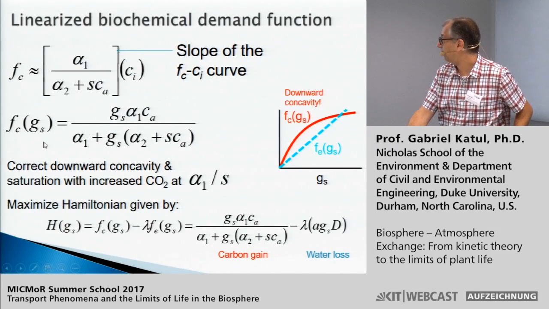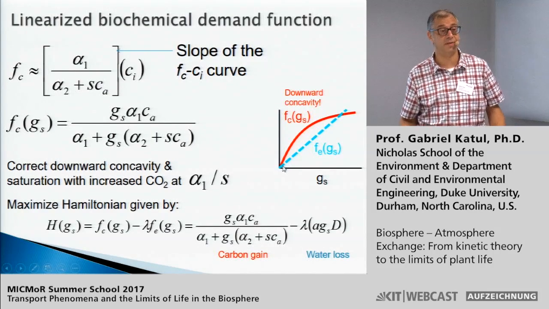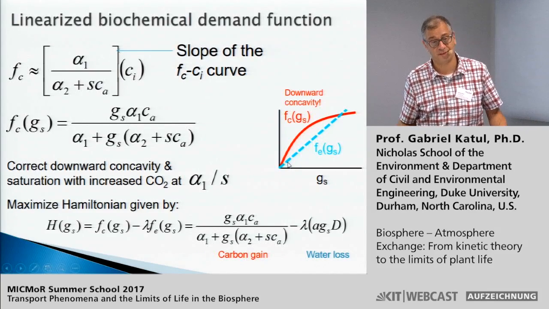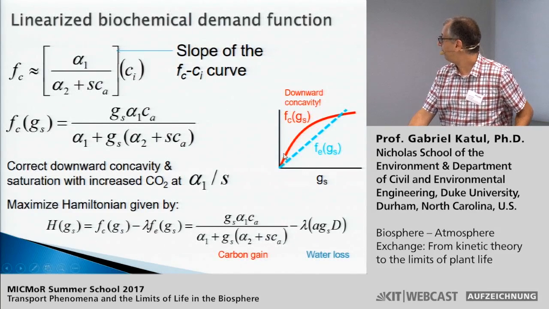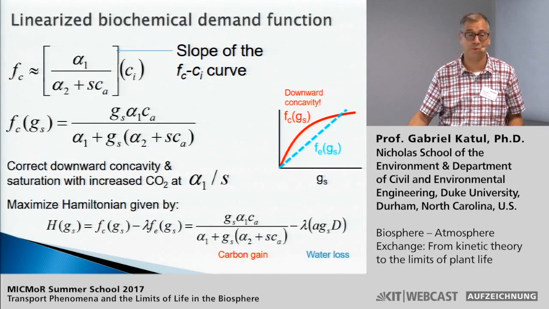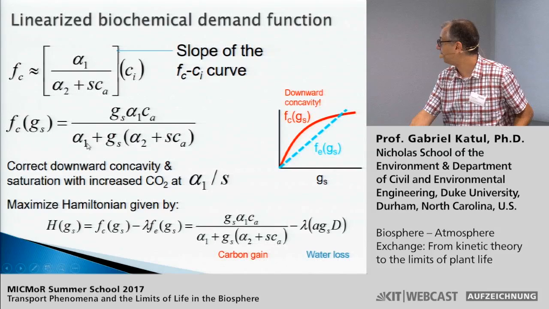First and foremost, this function has the right concavity. In other words, beyond Fc being 0, which is going to be precluded by our condition that transpiration has to be finite, if you have a concave function like that, then you are going to intersect the transpiration rate. So your supply and demand will have an intersection point, which will be the optimal intersection point. That is guaranteed basically by the curvature of this function.